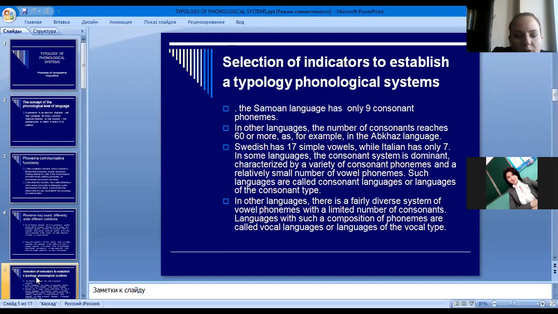We're going to speak about selection of indicators to establish a typology of phonological systems between, for example, any two given languages. So, considering the phonological systems of individual languages, we can easily make sure that some quantitative functions